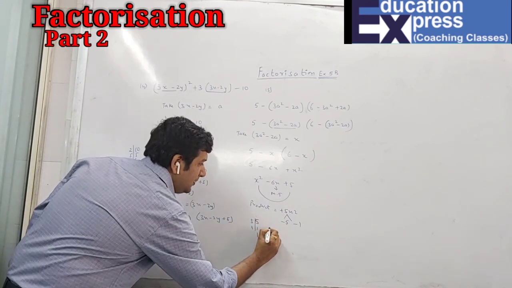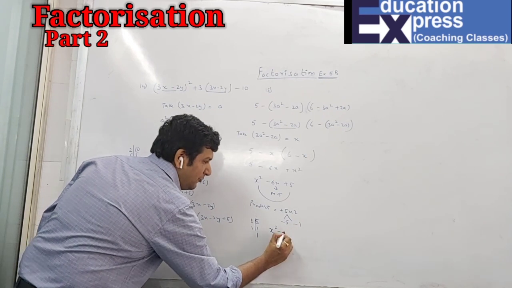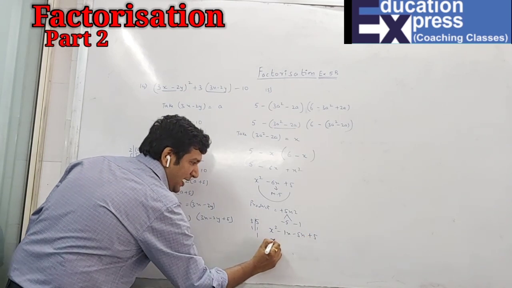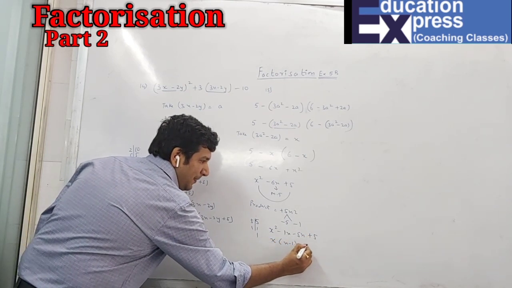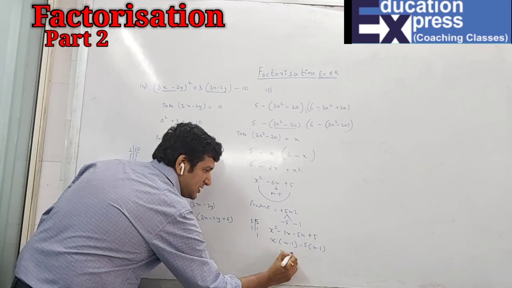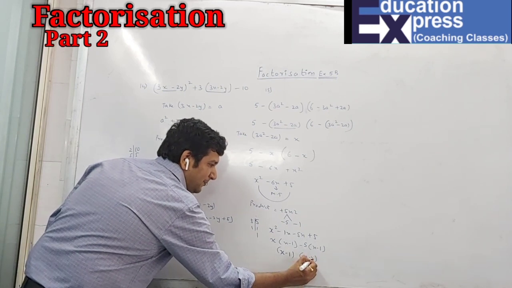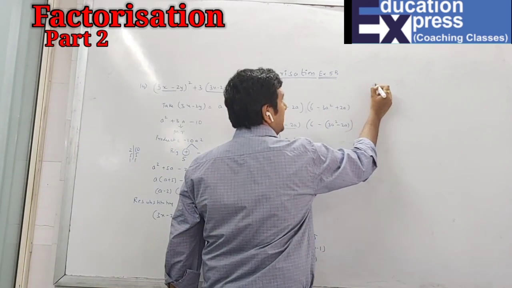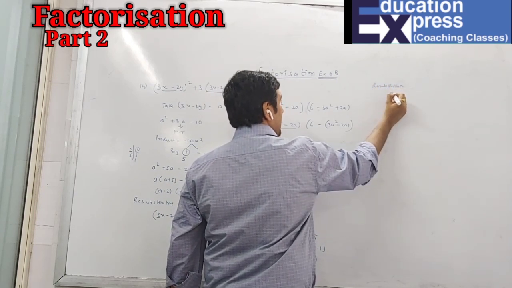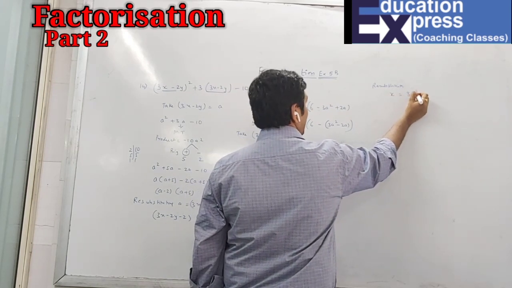So the factors will be x square minus 5x. You can add 1 first. Why? Because we have 5 over here. So 5 next to 5. X common. X minus 1 minus 5, x minus 1. So what is left? X minus 1, x minus 5. And now resubstituting. So we will resubstitute x as 3a square minus 2a.